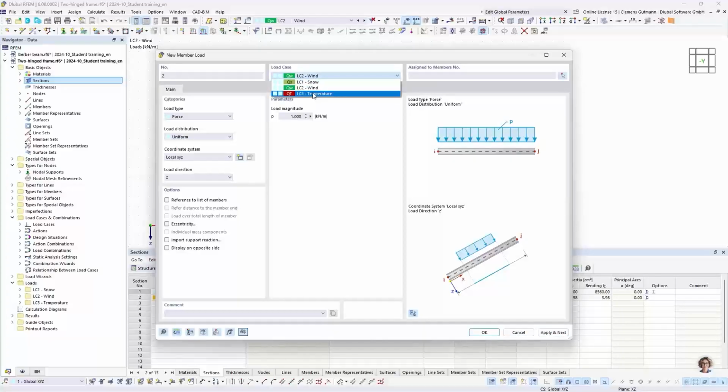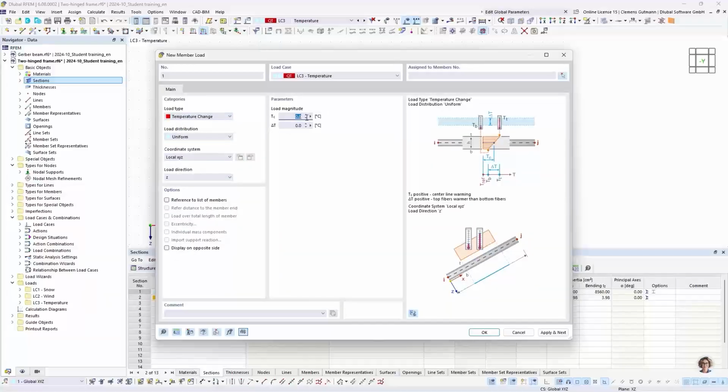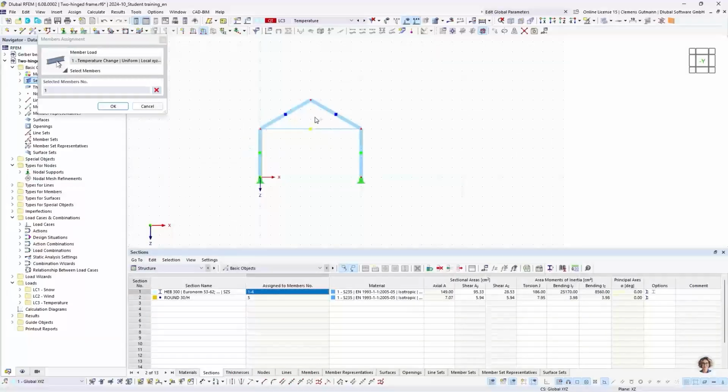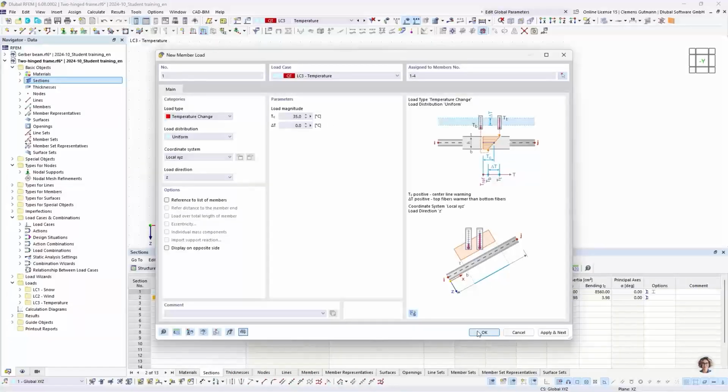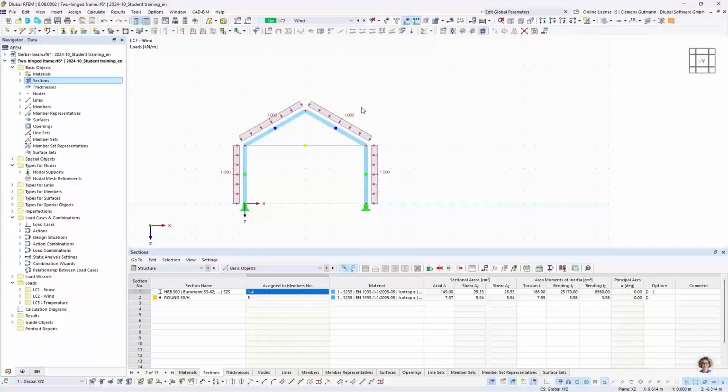And finally, we have a temperature load case, and therefore we need to change the load type to temperature change. And the temperature change is 35 degrees Celsius. And I want to assign this load also to all beam members. We click OK, and let's check whether we have applied all loads correctly. And we can see that we made a mistake